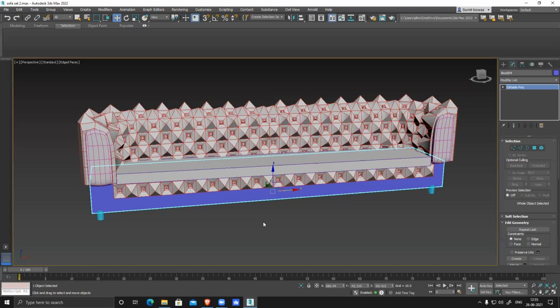You have a sofa reference, right? Yeah, I guess yes. So if you have a sofa reference, you can see in your reference you have this base. Whether it's there in the video or not, you know how to create a box, right? Yes, I know. Then it seems like you are just simply checking the video and just copying it. It's not about copying, it's about understanding. Suppose there is no video, forget about that.